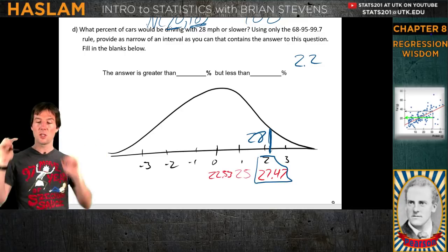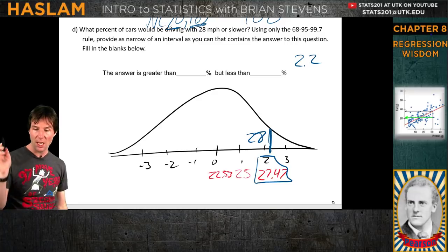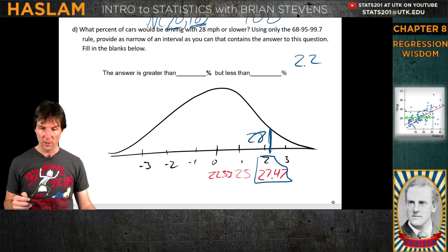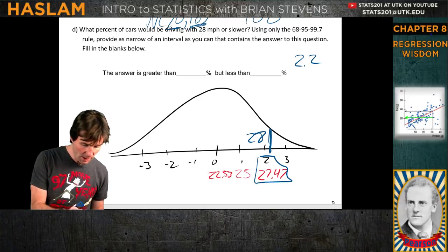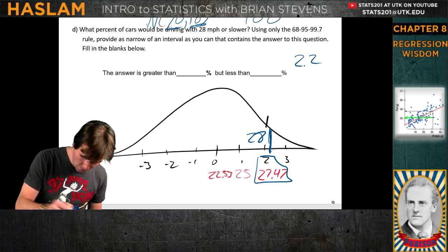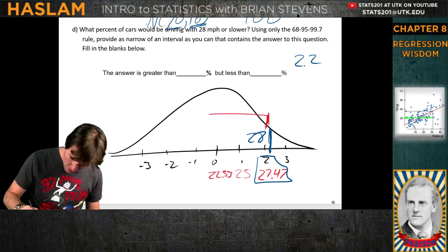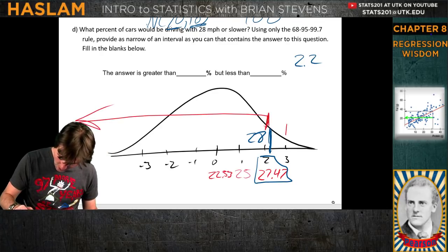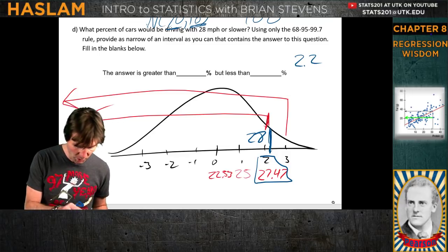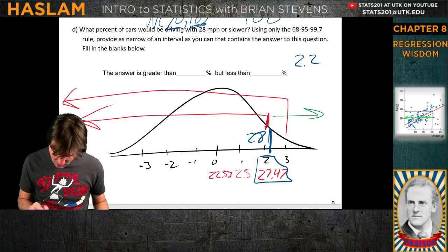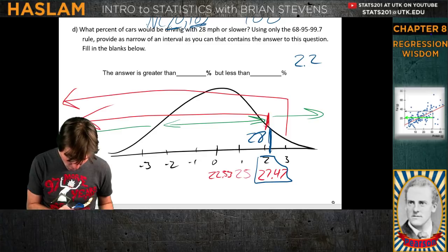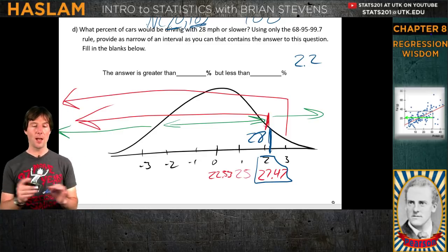Now we want to figure out the percent of cars that are going slower, and great job in the chat. Adriana, you got it. And also everyone else, Megan and Alex, and thank you everyone for answering all these questions. Griffin too. Keep up the answers, because we're going to take an arrow and draw an arrow that is too small, and an arrow that is too big. This is a tougher one, but let's add in some helper arrows. We're going to draw this and we're going to draw this.